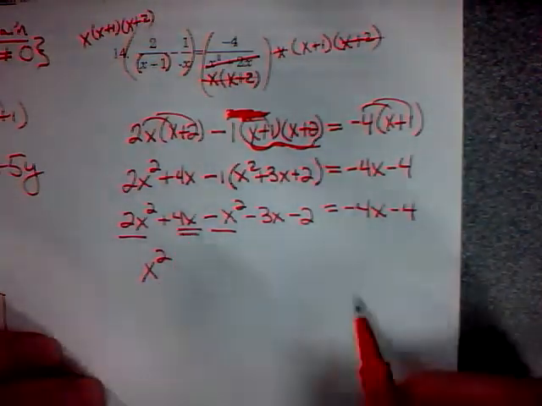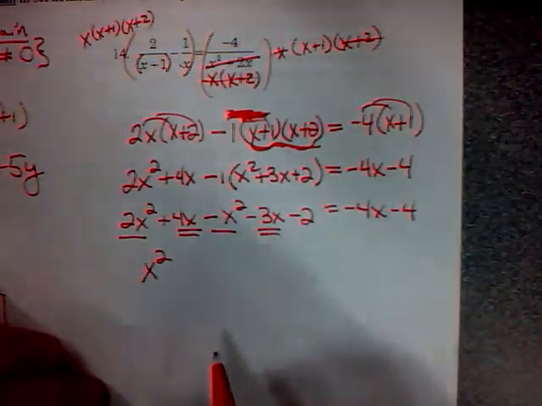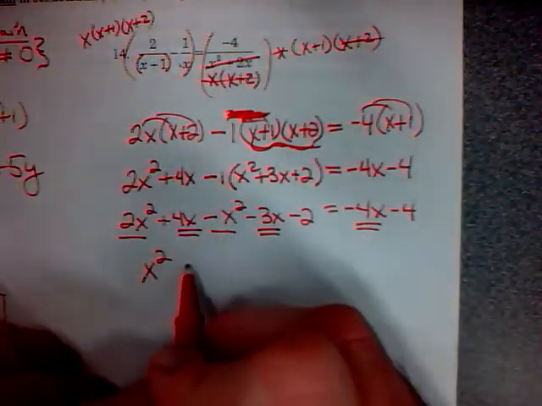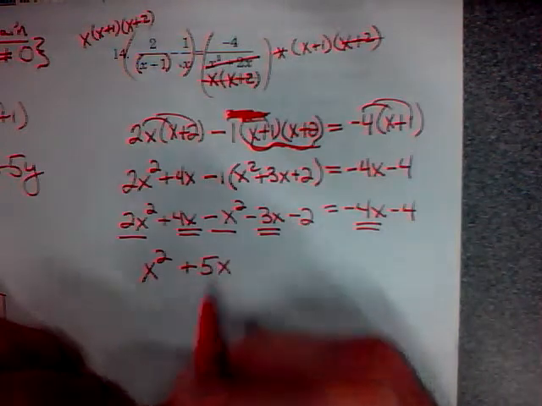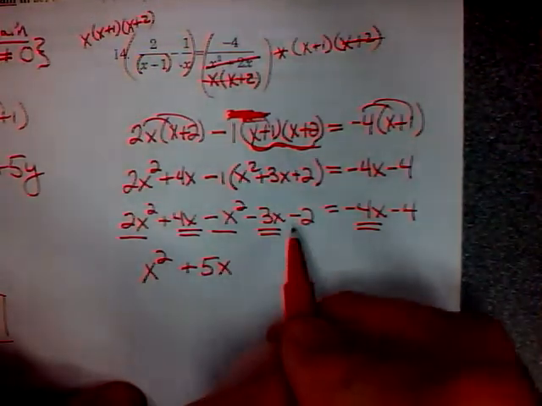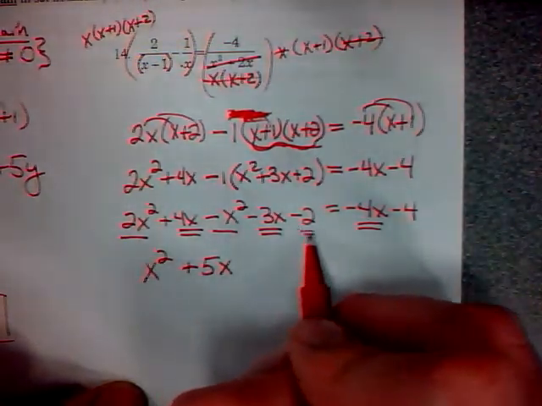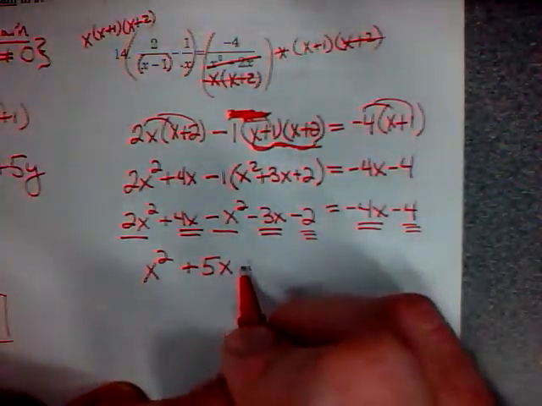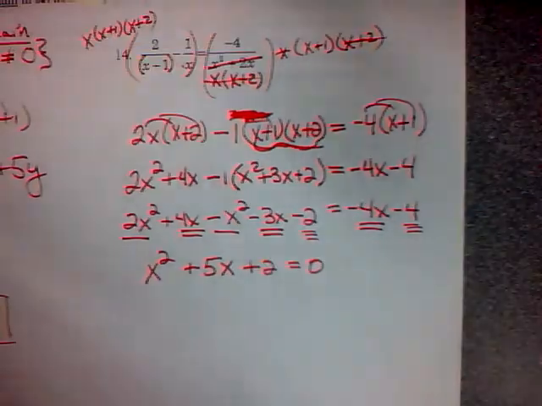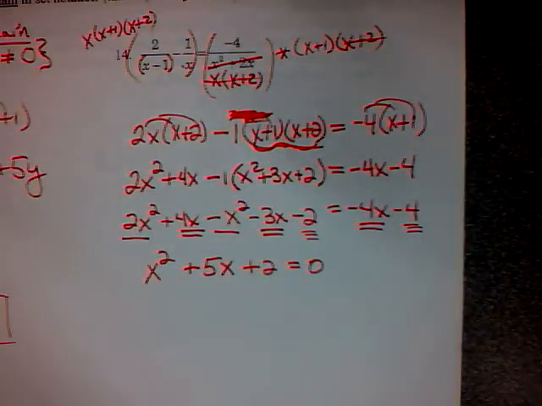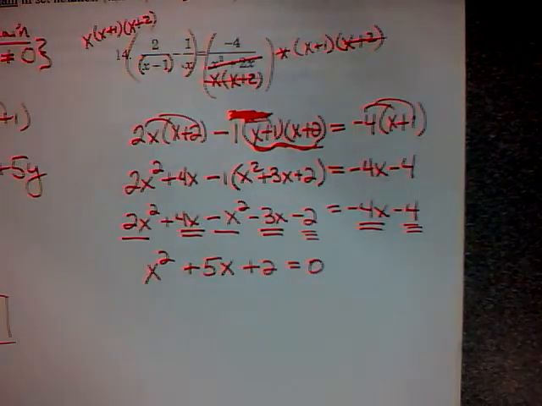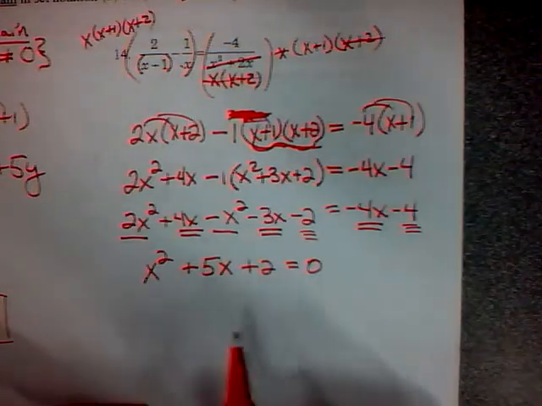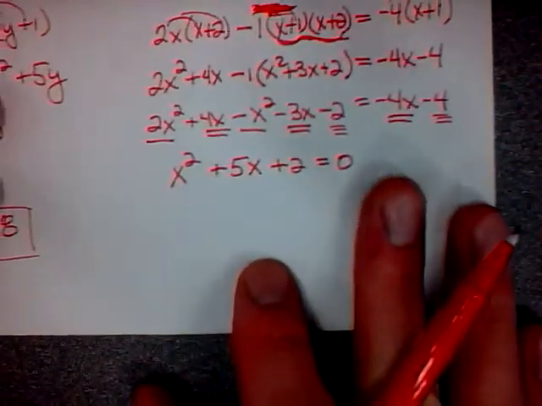So looking at the x terms, we have 4x minus 3x is 1x, but then this negative 4x is going to come over, so that's going to get you 5x. And then we have a negative 2 here and a negative 4 that needs to come over, so that's going to leave you with a plus 2 equals 0. And this doesn't look too happy. Looks like we're not going to be able to come up with factors of 2 to get us 5. And since 5 is odd, completing the square is going to be a bad option,